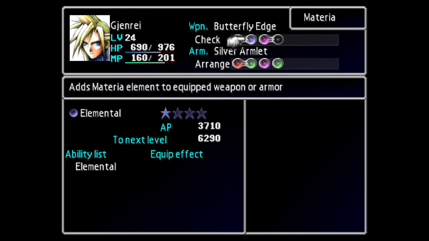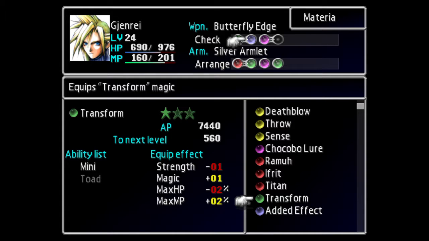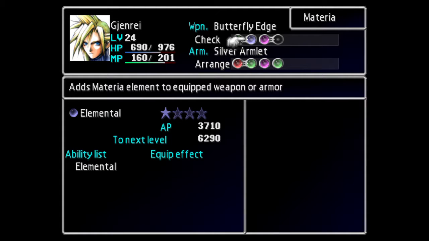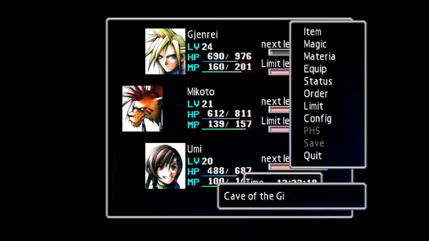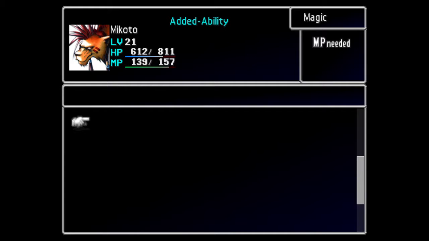Then what we got is the added effect materia. What that does is, basically, it does the same thing as Elemental, except it is for status ailments. As in, if I put Transform in this slot instead of Fire, instead of doing fire damage with my weapon, I would actually attempt to mini or toad the enemy, which can be useful. I don't really take too much advantage of it, mainly because, at this point in the game,